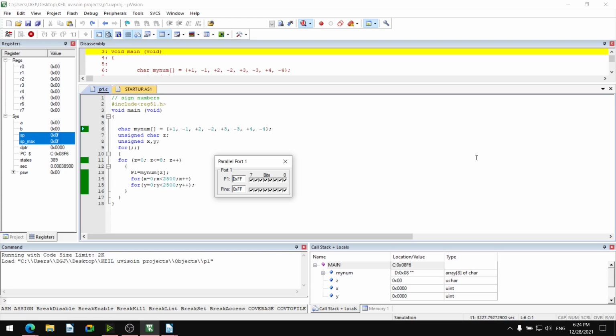So this array will be saved with these ASCII symbols +1, -1, +2, -2, +3, -3, +4, -4.